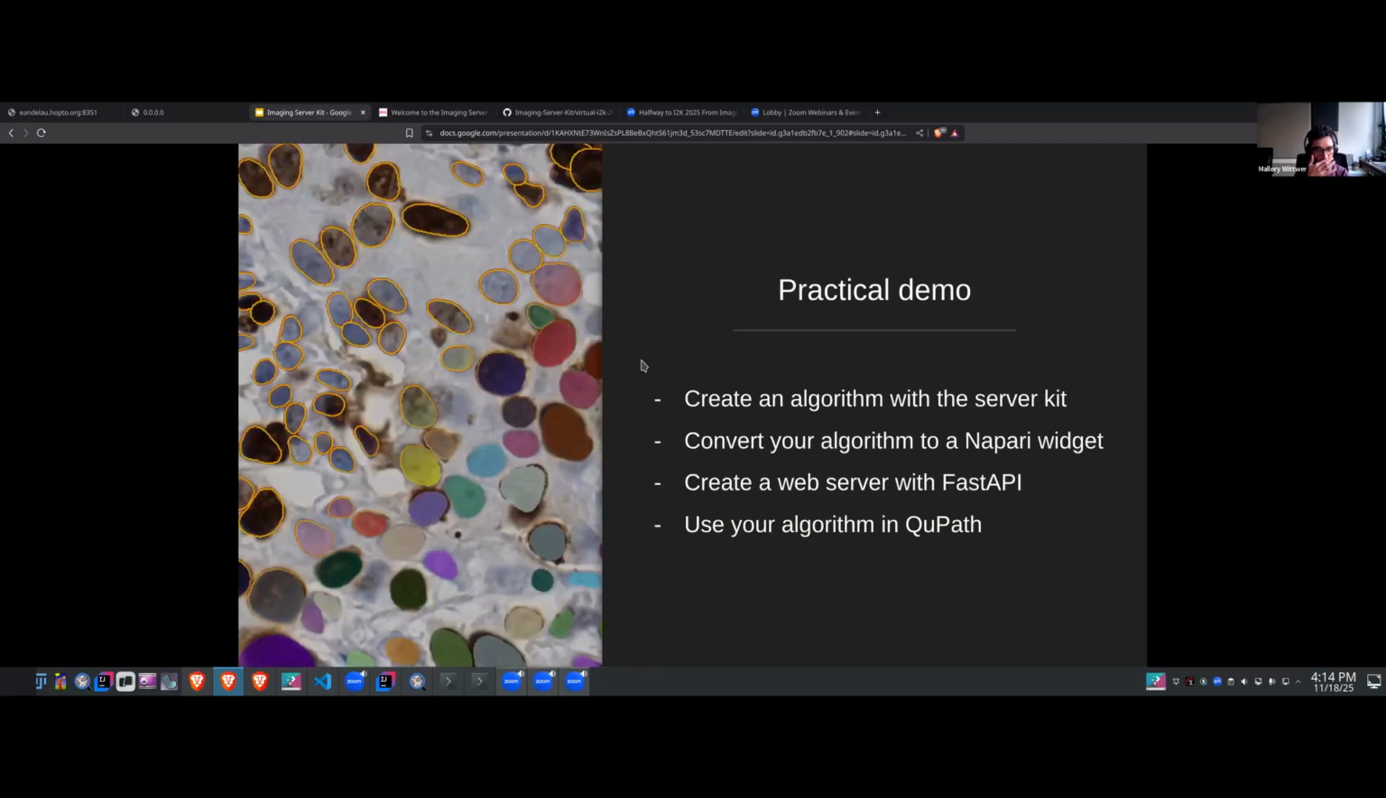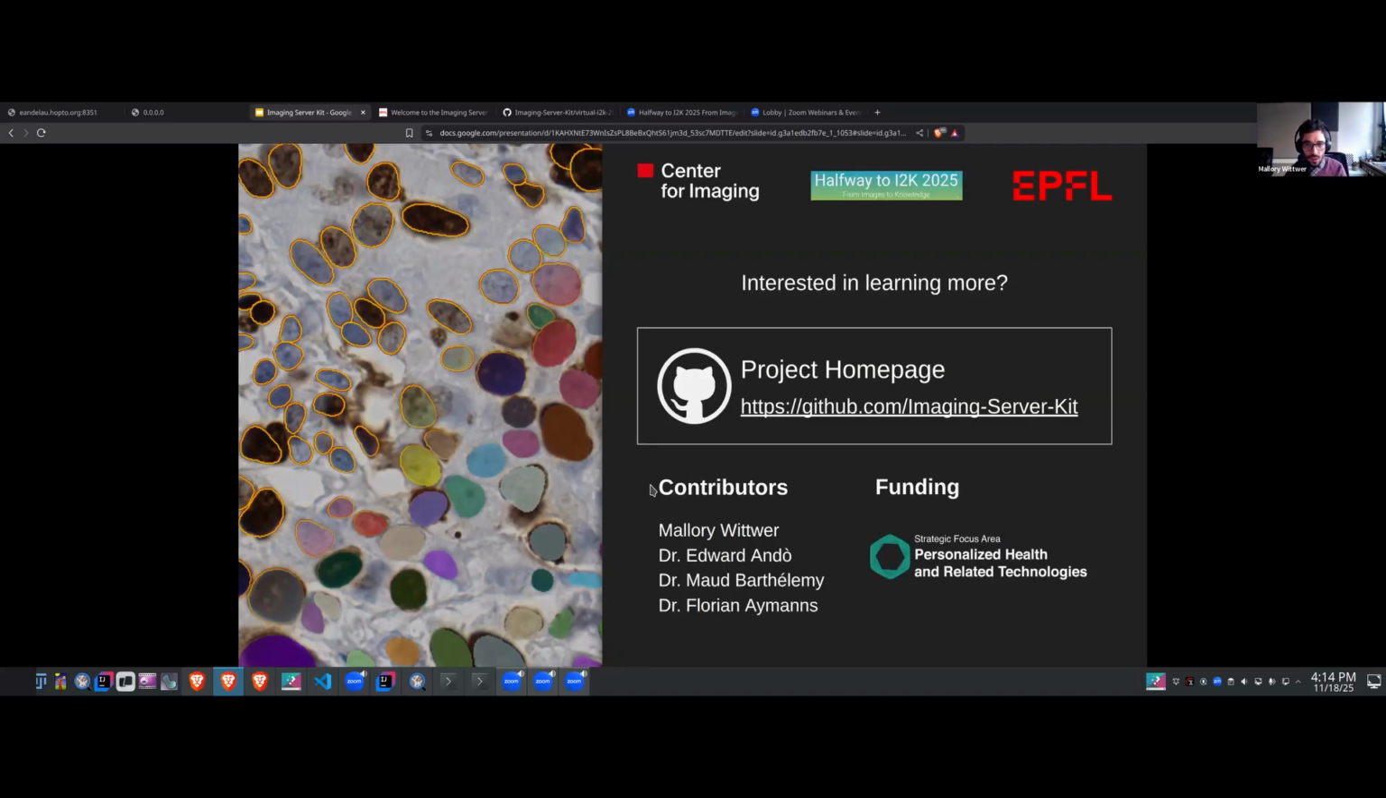All right, so that's actually about it for the presentation. Next, there will be the practical session. I will show you how to use the imaging server kits for these use cases. Maybe before concluding the presentation, actually, I